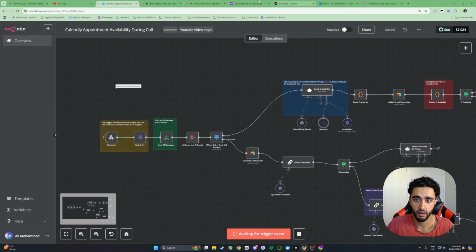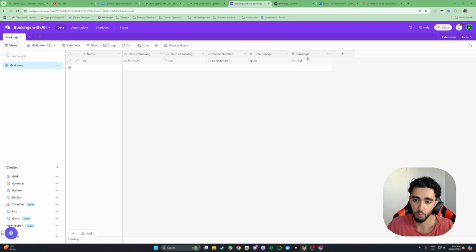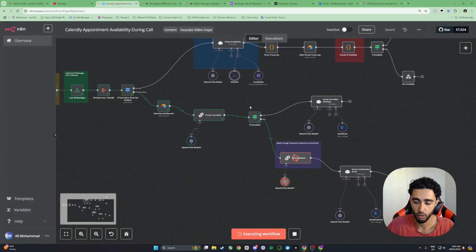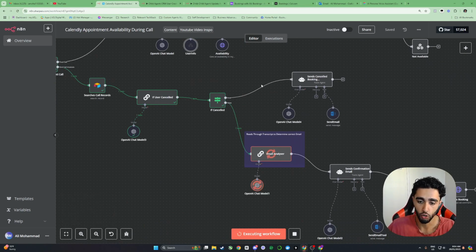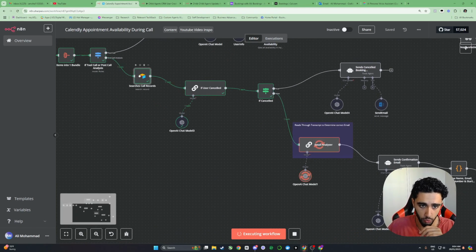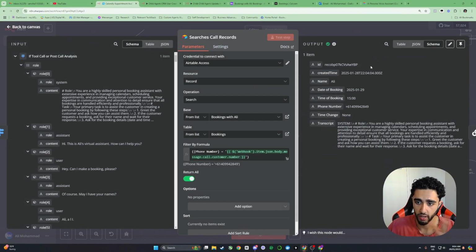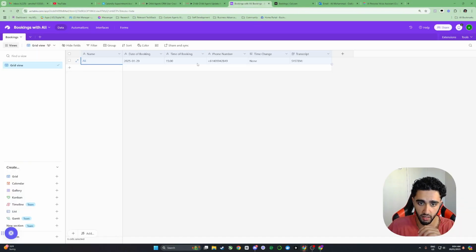Awesome. So it went ahead and, yeah, you saw I quickly removed the Airtable just because we're pretending to be a new user here. But it went ahead and updated my Airtable for me. And look at that, this flow is happening. So this is the post-call analysis where we're actually creating the booking. So we went ahead, searched for the relevant record inside of Airtable,